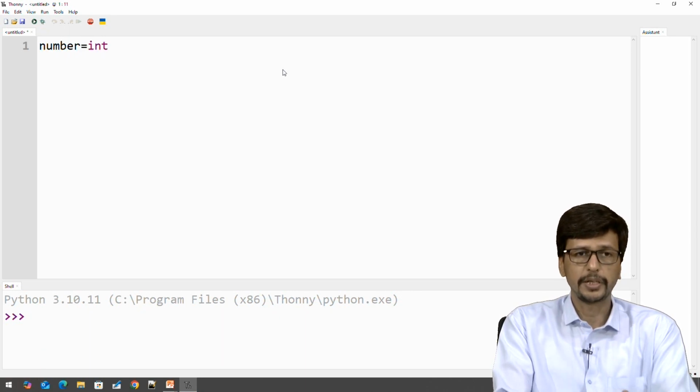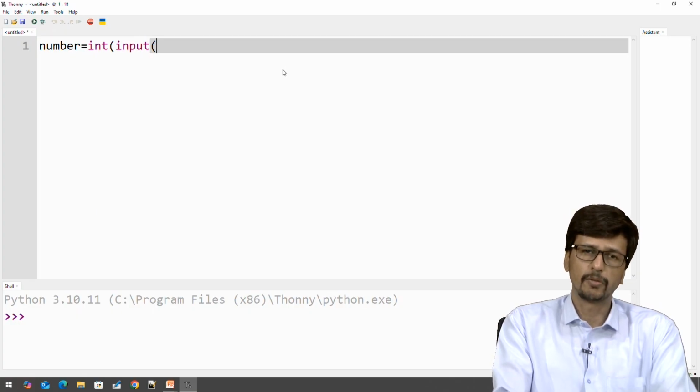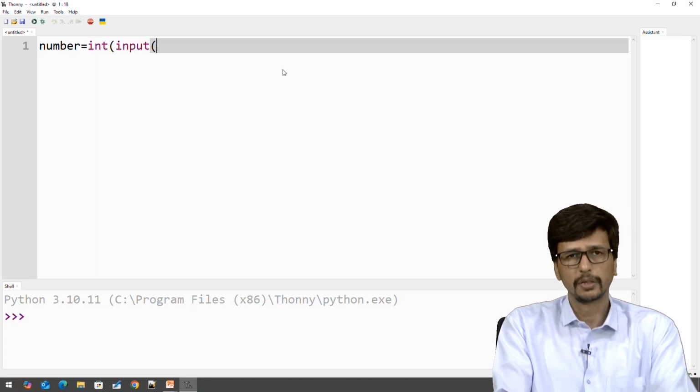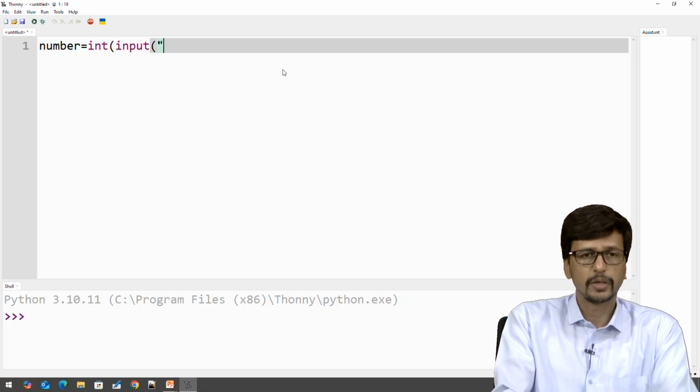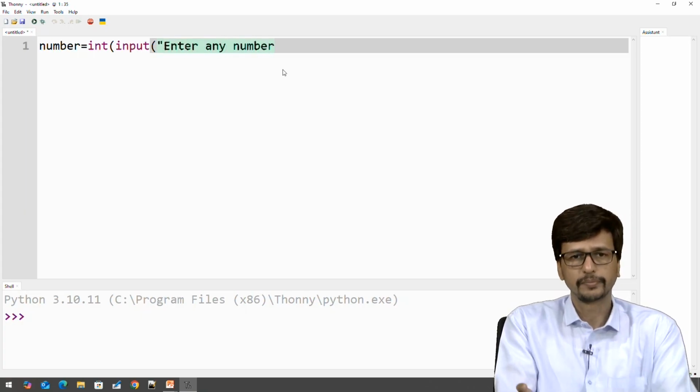Then integer. As you are already aware, the built-in input function takes string data. If you want to perform any kind of operation, for example an arithmetic or comparison operation, you require converting that string into an integer. So we are using the concept of typecasting here, that is why we use the built-in integer function. Now you type the message, enter any number,